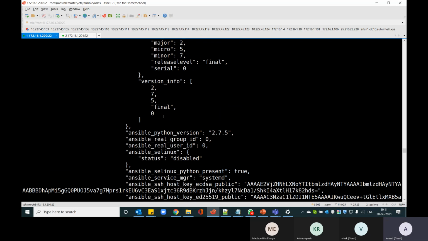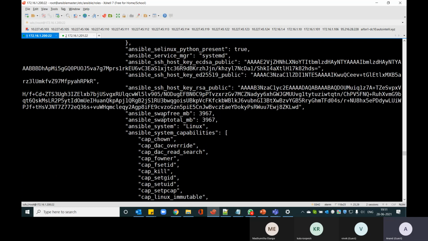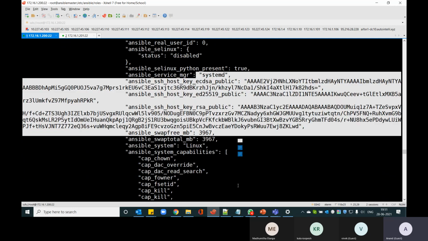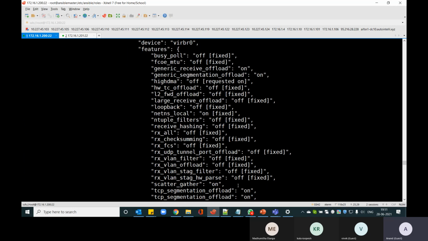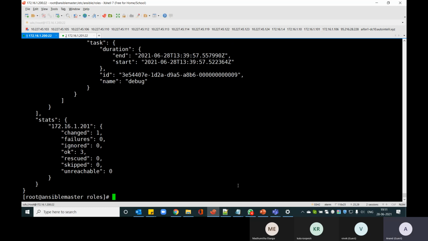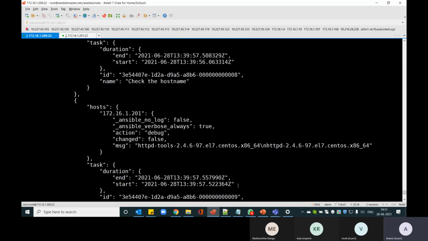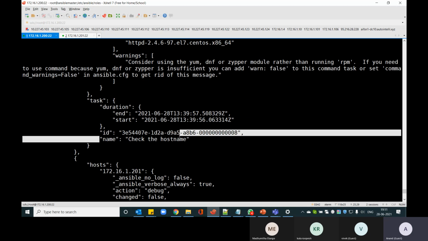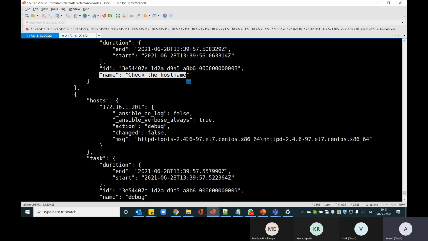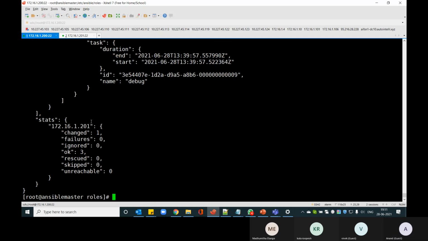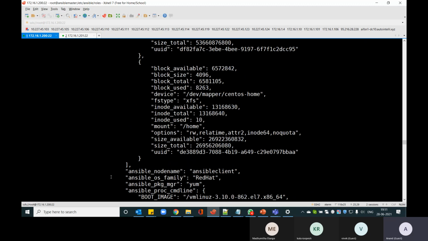You'll get the entire dump of the facts which is gathered, and in fact the host keys of the system and so on. If you don't want this much information, you can always disable gathering facts, and then finally comes our output here. It's a small check host name command ID. So this is how you can alter the entire message.